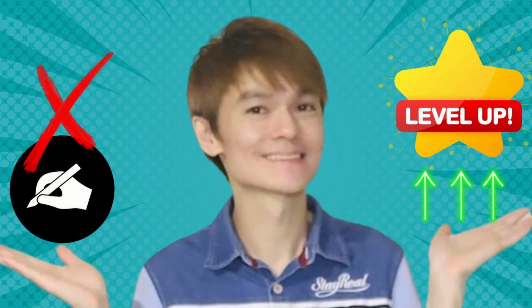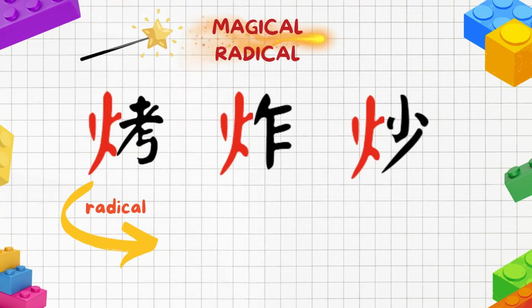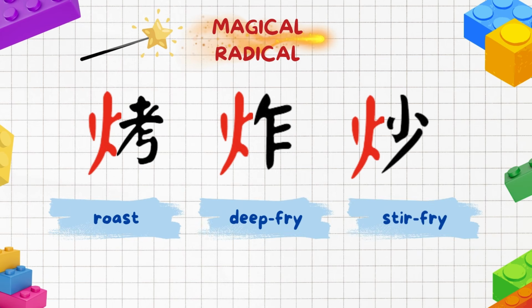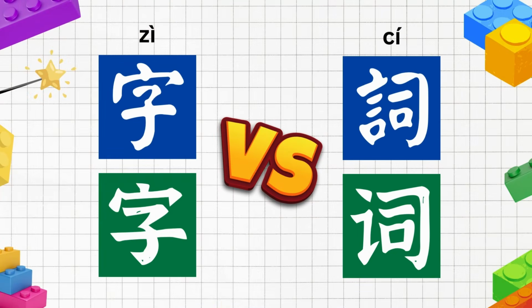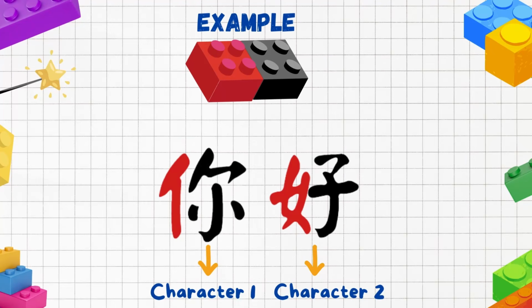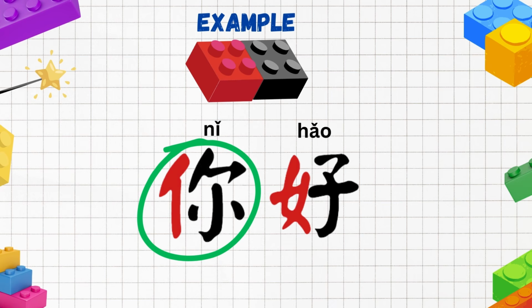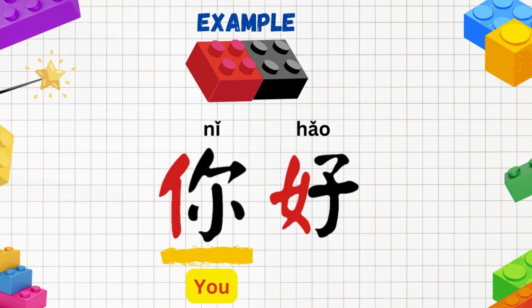In our last episode, we've seen how Chinese radicals work their magic to make recognizing and memorizing the meanings of characters much easier. In order to identify the most powerful ones among hundreds of them, it's important to first understand the feature of the Chinese writing system. A Chinese character in Mandarin, which we call 字, is the basic unit of the written form of the language. A single character typically represents a single syllable and carries its meaning.